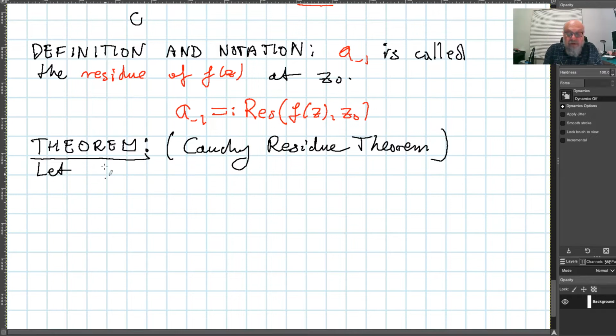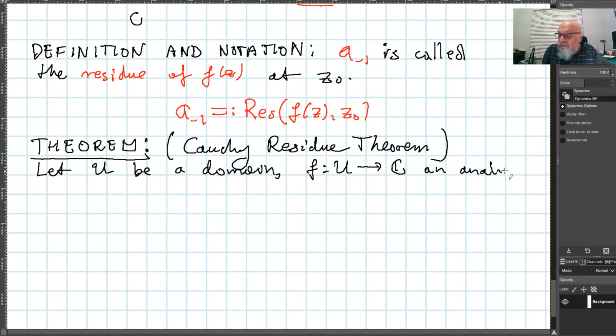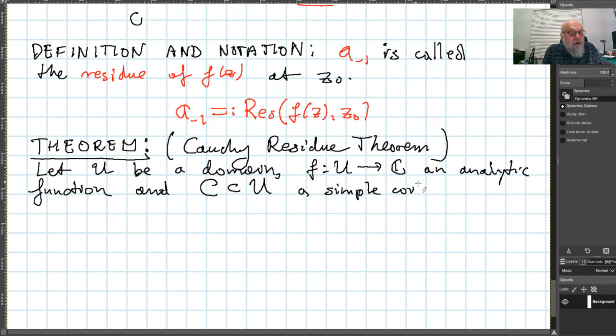And we say like this: let, the same as it was before, let U be a domain, f from U to C an analytic function, and C contained in U a contour. So put it clearly: a simple closed contour, positively oriented, of course,